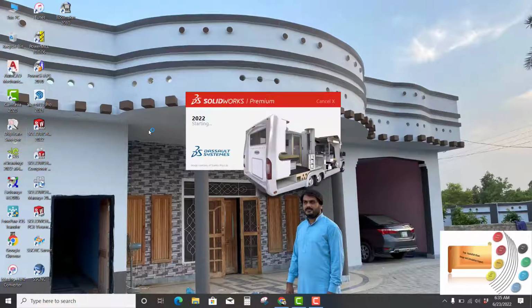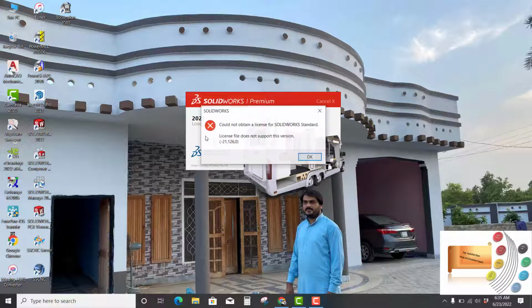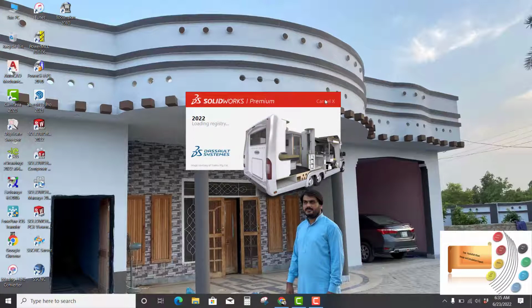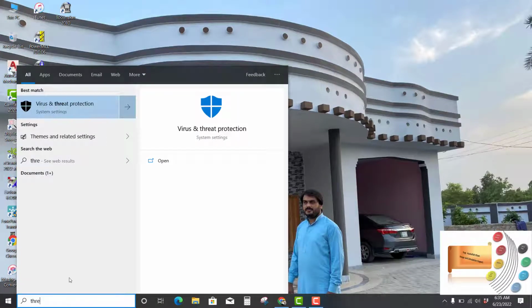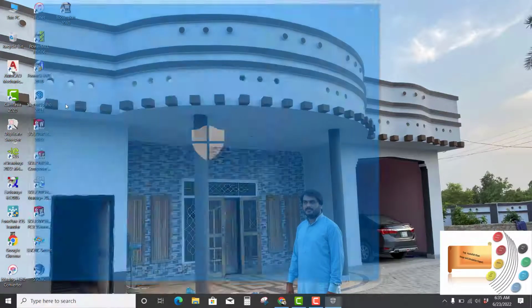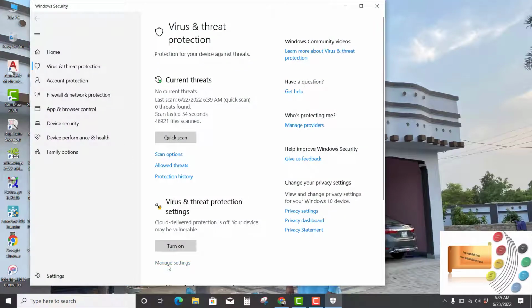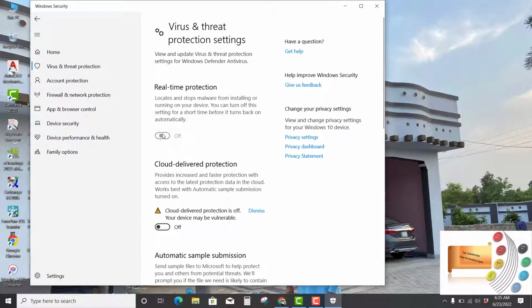Hello, sometimes after installation of Solidworks 2022 and we start working on it, after we launch the software, it gives an error showing a message could not obtain a license of Solidworks standard, and it also shows a code with it. In order to resolve this issue, first we need to turn off